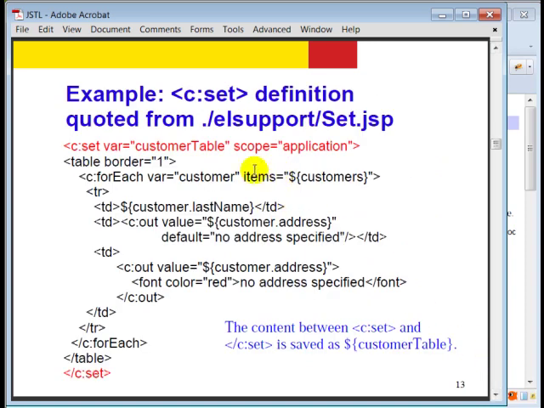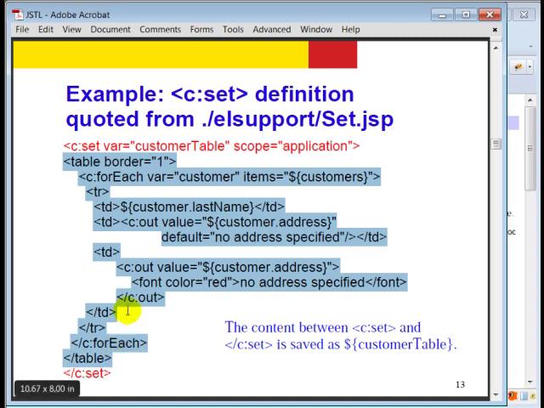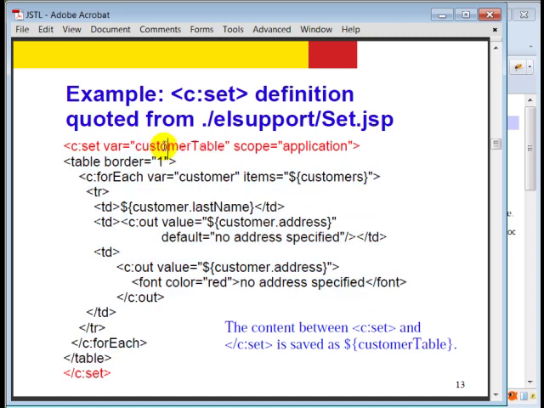So in this case, we are setting a variable called customerTable into application scope, and what gets saved into customerTable is this fragment. Okay, so this is a JSP fragment. That's what I meant. The content between the opening c:set and ending c:set tag is this content. Once you have saved this JSP fragment into customerTable,